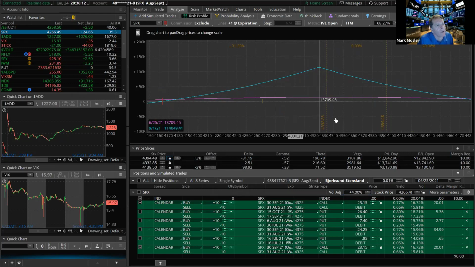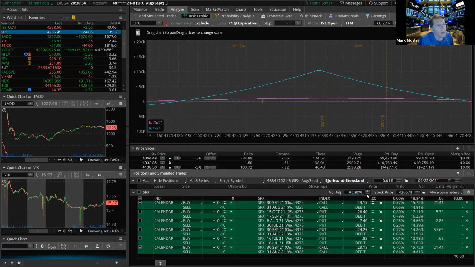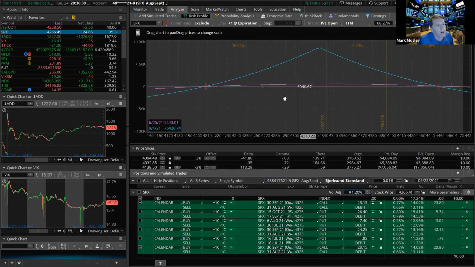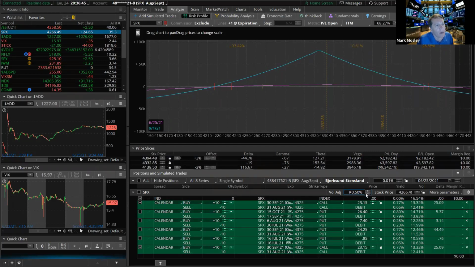Anyway, I view volatility kind of like standing in the ocean. You've got waves coming at you. You're never quite sure how big or small the next wave is. It might knock you down, it might not. But it's something that we don't seem to be able to predict all that well. And so as long as we have this huge profit tent that we can trade around and stay under, and we're good either up or down for a pretty large range, in my mind, that's a great way to play because,